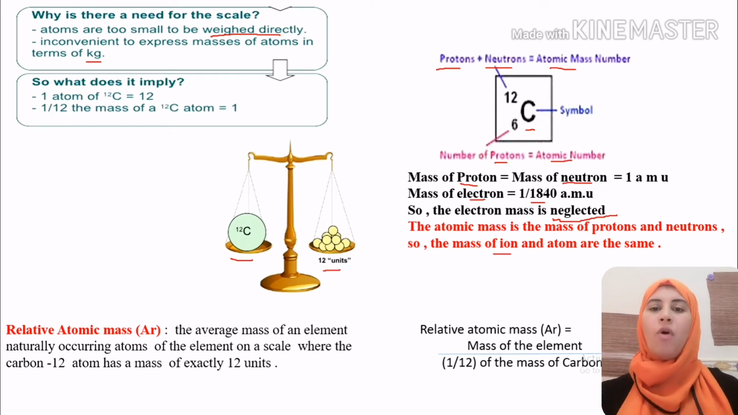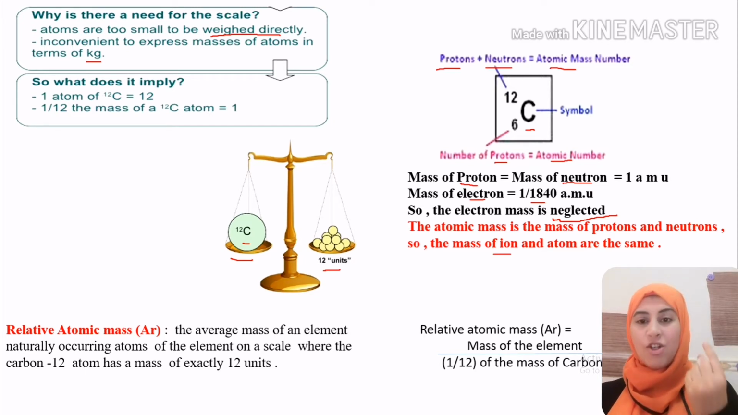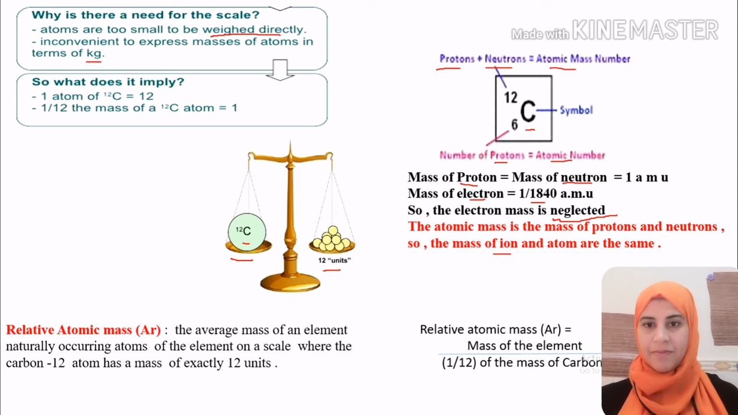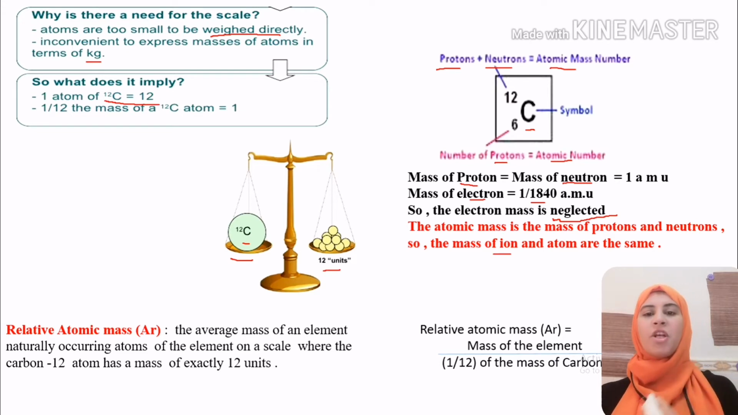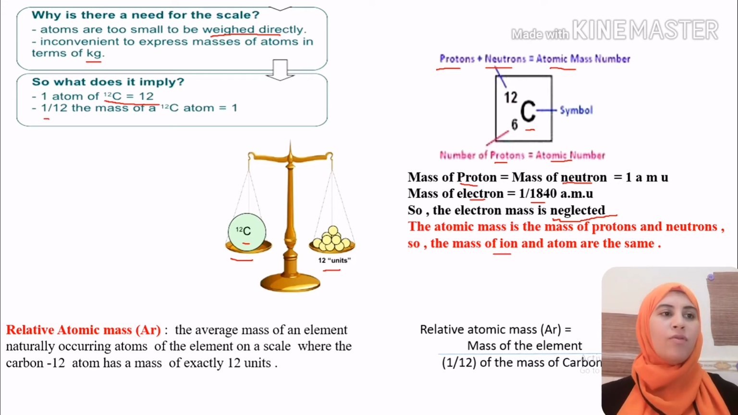According to the importance of the carbon atom in organic chemistry, they started to take carbon 12 as our scale units. Carbon 12 is exactly equal to 12 units on our scale. So each one unit equals 1 over 12 of carbon 12. Again, each one atom of carbon 12 equals 12 mass units. 1 by 12 of the mass unit of carbon 12 equals 1. So we can say that